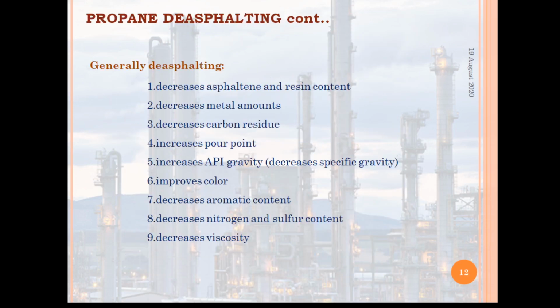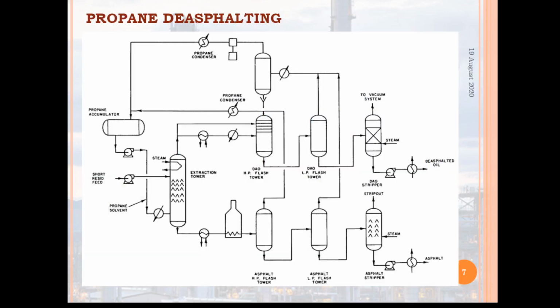Here in this propane deasphalting unit, one section is used for the first stage solvent recovery, meaning whatever propane we have used for the propane deasphalting process needs to be recovered. Two-stage flash systems or supercritical techniques are used to recover the propane from the raffinate and the extract phase. In the flash system, the first stages are operated at a pressure high enough to condense the propane vapors with cooling water.